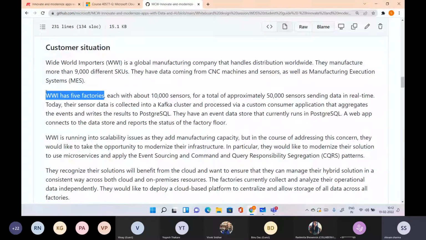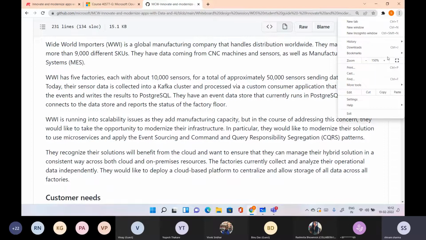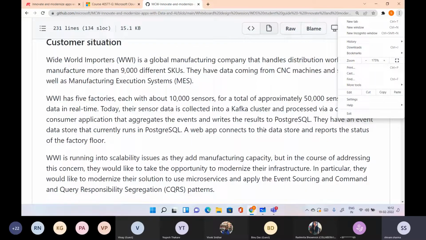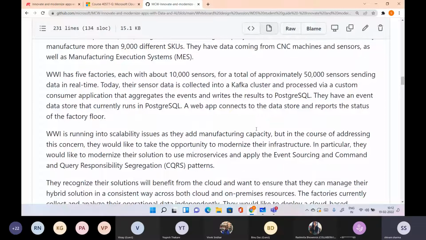Now they have 5 factories right now, and these 5 factories have around 10,000 sensors in each factory itself. So we have 50,000 sensors streaming data at this point in time. This company was not using cloud earlier. They were totally on-premise. So they used to use Kafka clusters to